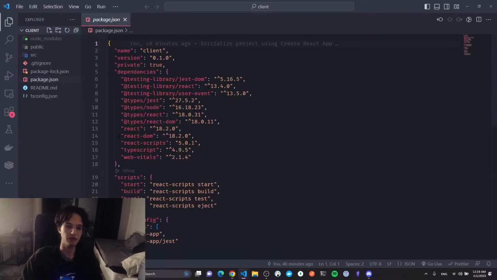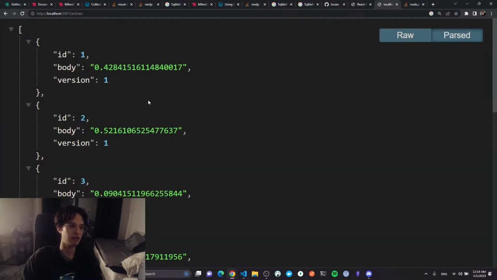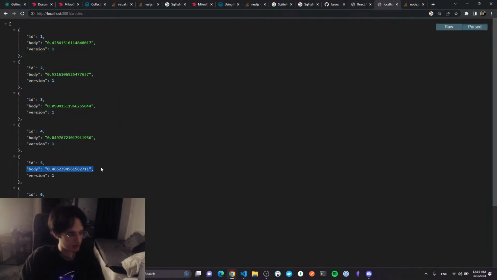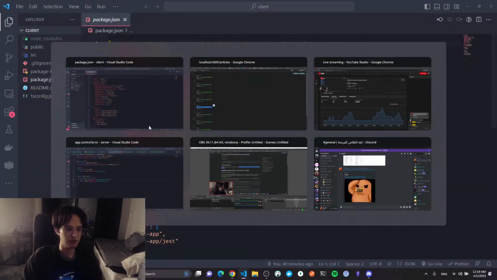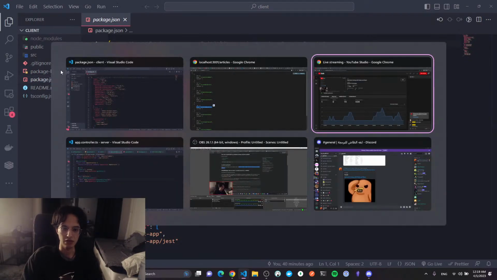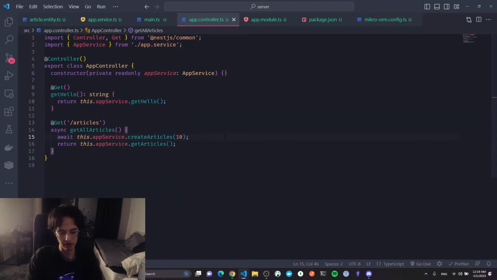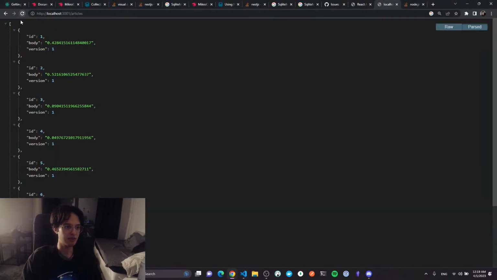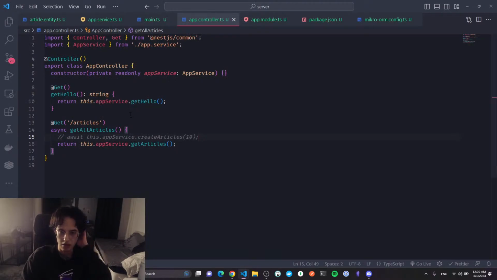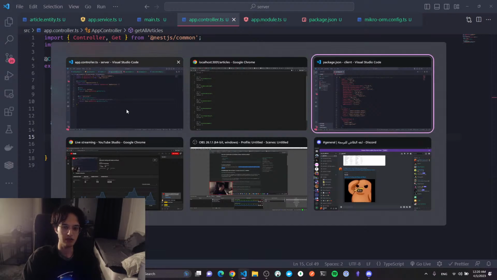So now if we refresh the page, we should get a list of 10 articles. The body is kind of weird, but this is what we wanted. Let's comment out this line. Now we will only get the same 10, which is nice. That's what we wanted. So let's go fetch that in our frontend,